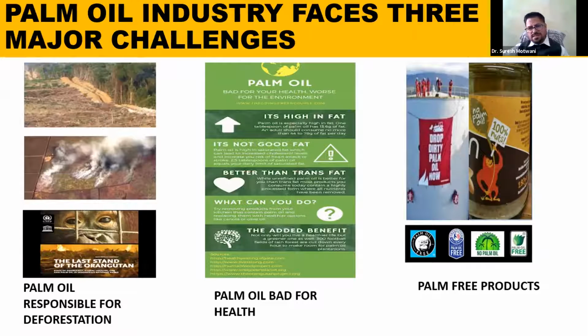In the few slides, I was just trying to highlight the major issues when we talk about sustainable palm oil. What are the issues? These are the three major issues, based on our work as an organization, Solidarity, in different contexts. These are the major issues, where palm oil is directly linked with deforestation, directly linked with bad health, and directly linked in the consumer market. This is not good either. These are the three pillars, basically the sustainability agenda that needs to be addressed in terms of Indian conditions.